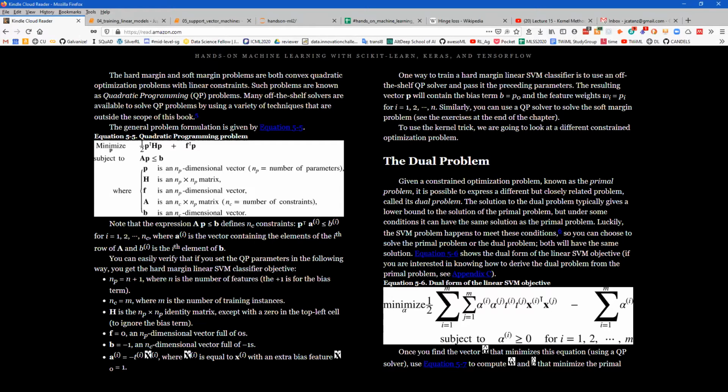Okay, so that tells you sort of what's going on with SVM. We have to depend on these quadratic solvers, which are built into the scikit-learn SVM classes, to solve the problem. So now he segues into this thing called the dual problem. And again, this is something you have to accept on faith, unless you want to go to Appendix C and show how it's derived. But given a problem in its normal form, which he calls the primal form,